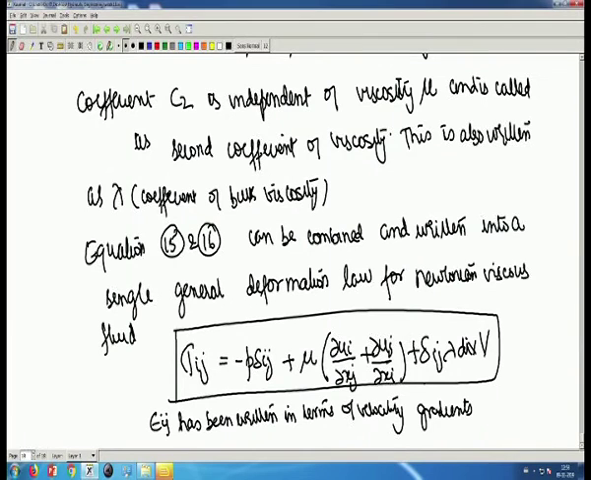Welcome back students to the final lecture of this module, viscous fluid flow, where we are deriving the Navier-Stokes equation. In the last lecture we wrote the general deformation law for Newtonian viscous fluid, and this equation we call equation number 18. So proceeding forward,